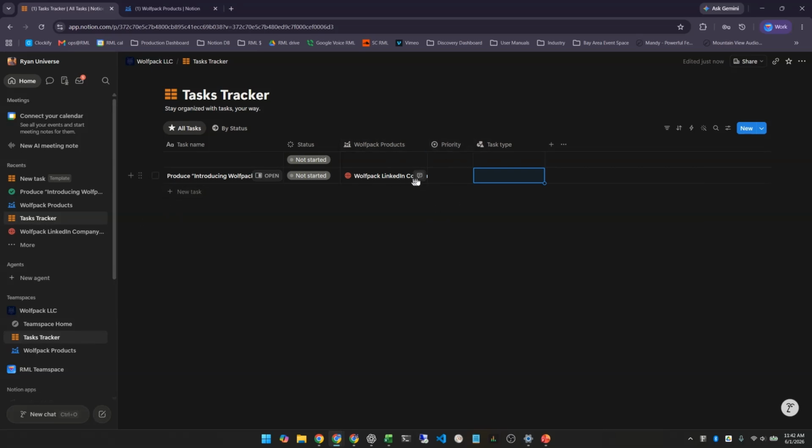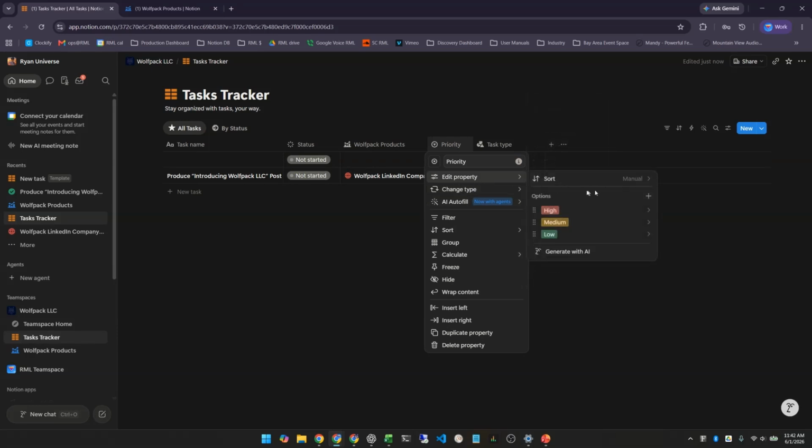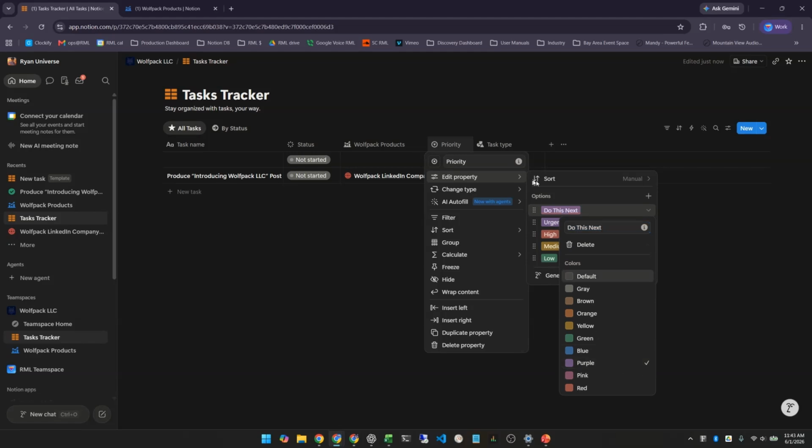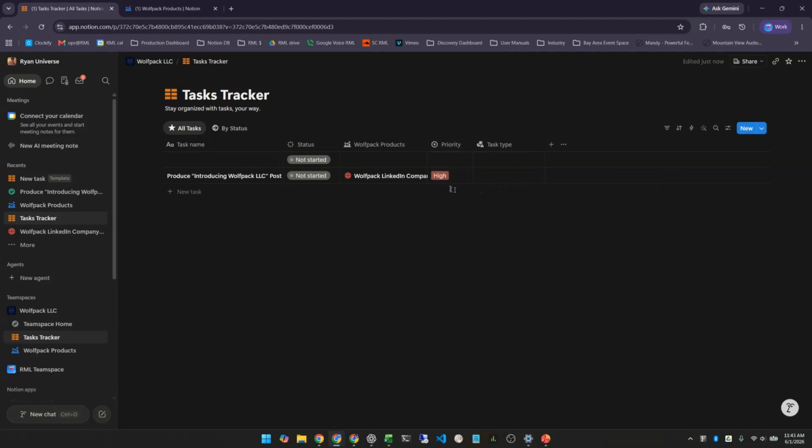So these tasks will be associated with making progress on these products. This is a high. I love adding urgent to this. I also like adding do this next. This is a do this next. Okay, and